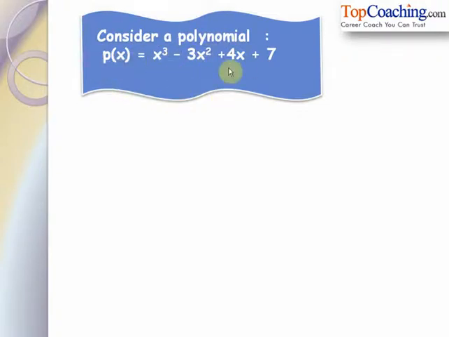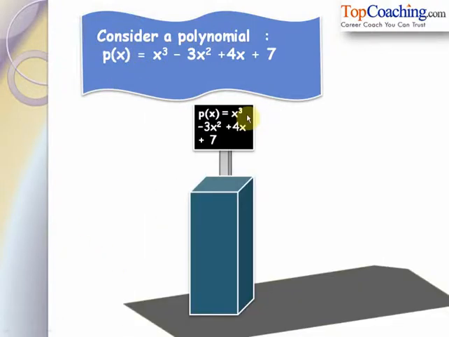Now the most important thing to be noted is that a polynomial has a value, but it has a value at a fixed point. So if we insert different values of x in this polynomial, we get different values of p of x. So let us say that we have a polynomial calculator, which is p of x equal to x cube minus 3x square plus 4x plus 7, the same polynomial. This is a sort of input device in which we can put different values of x and it generates different values of p of x.